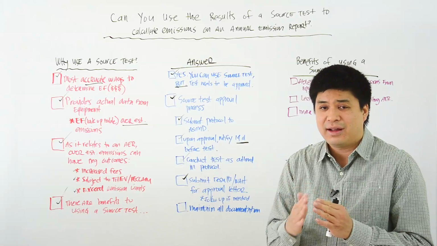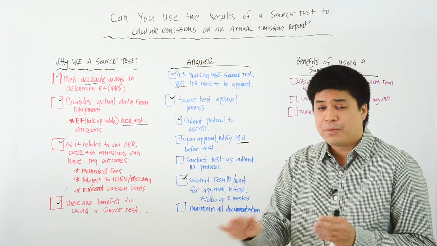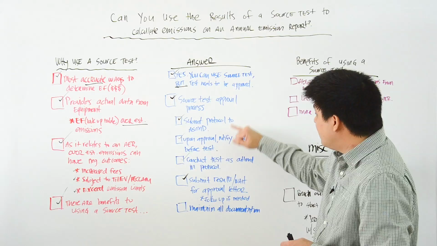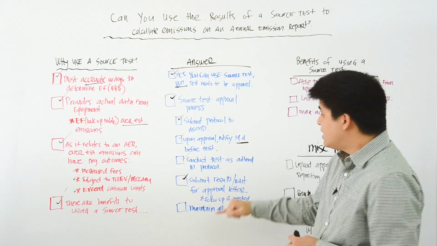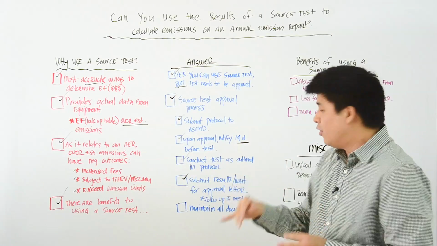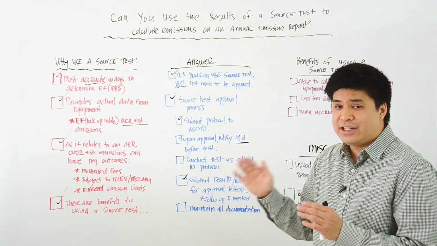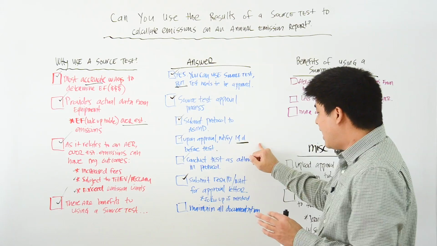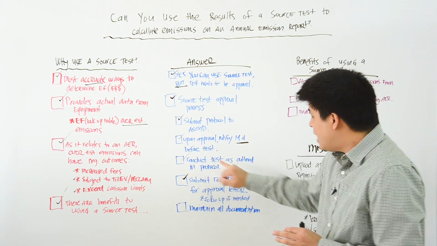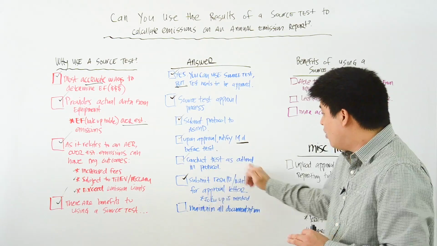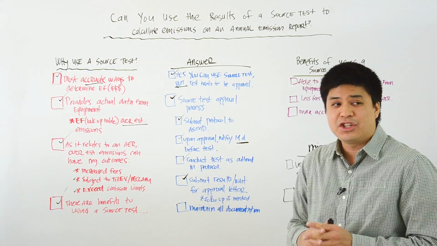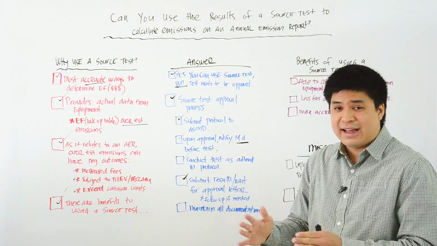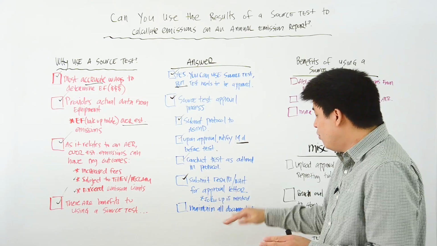And your first point of contact should always be your permit engineer. So again, to get a source test approved, you have to go through the process where you submit a protocol. Number two is, upon approval, you notify the AER district 14 days in advance of the test. Number three is that you conduct the test as outlined in the protocol. And number four, you submit the results of that test to the AER district for approval, and then you wait